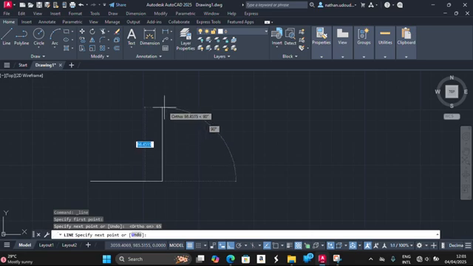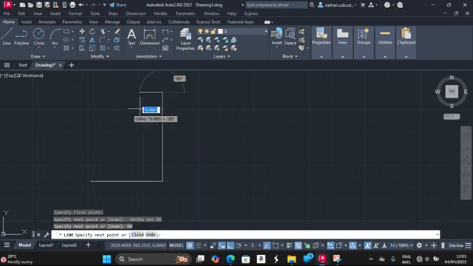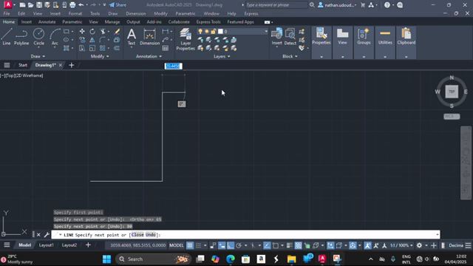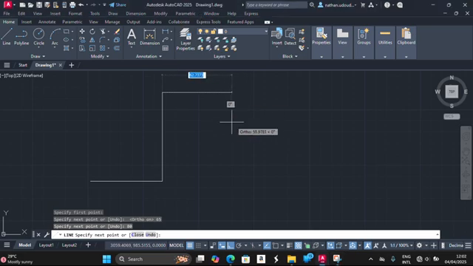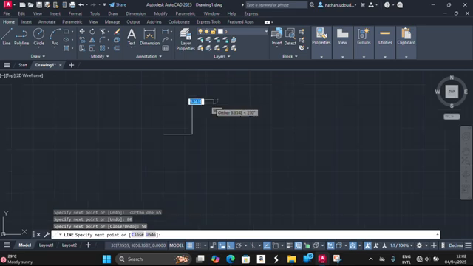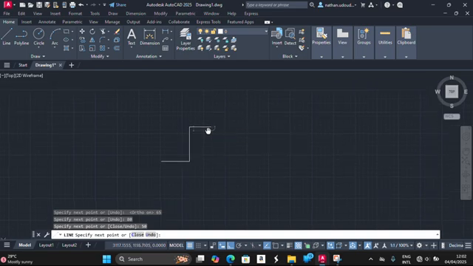So now it's going up by 80. So 80 and then enter. So now it is also going this way by 50. So 50, enter, and then it goes up by 20. 20, enter,